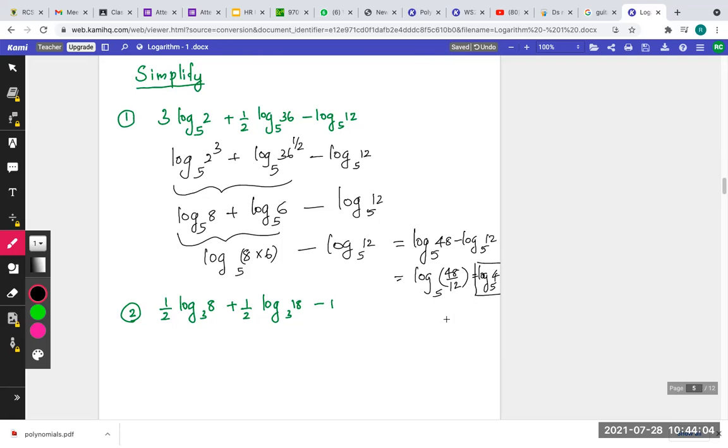Right, guys? Okay, so I think you can do the rest of the questions, which are similar. In the second question, I'll give you a hint. First, move the power half to 8, meaning 8 to the power half. Again, this half, or you take the half outside, that's also okay. And this one, we can write it as log, because the base is 3, so you should write it as log 3 to the base 3. I hope you get it. Why did I use log 3 to the base 3? Because the other logs have base 3, right? So now follow the same method we have learned earlier, and you will get the answer.